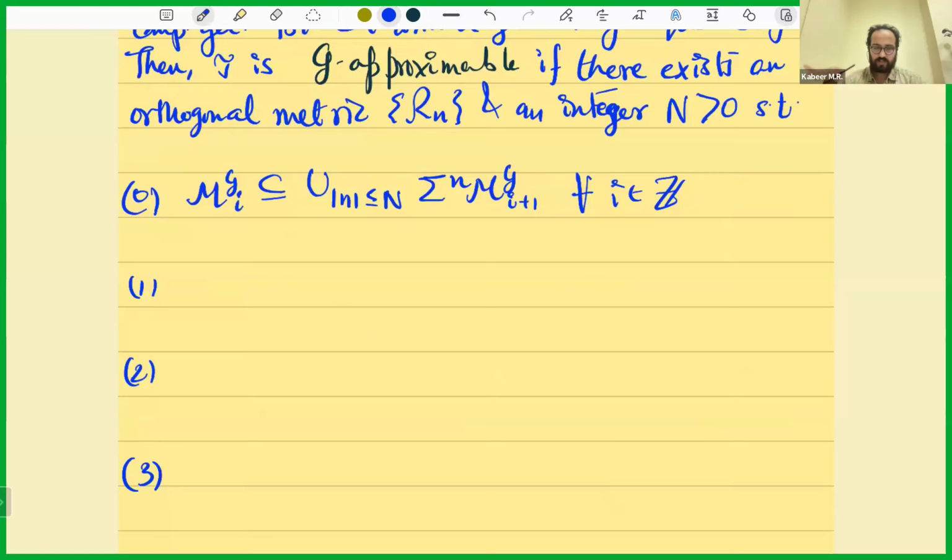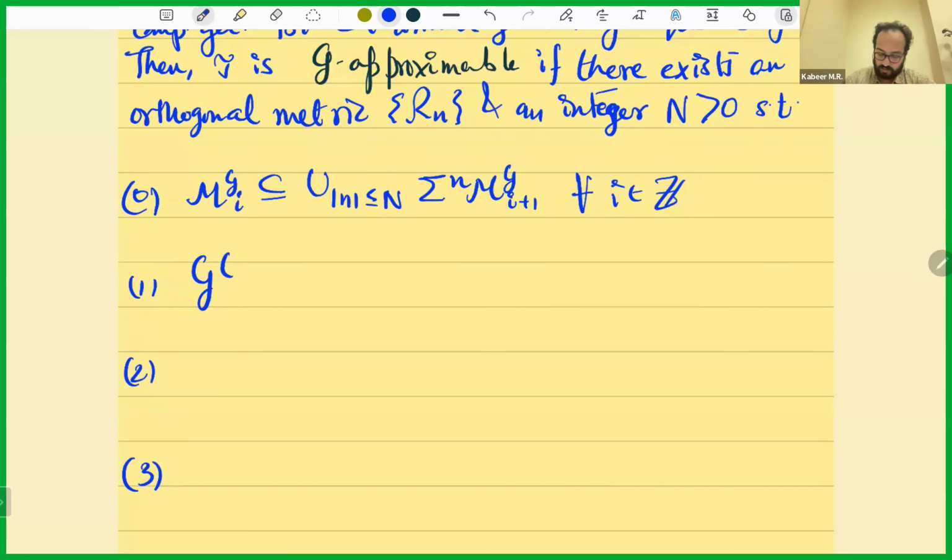Again, the first condition is sort of technical. I've written it down already. Feel free to ignore it. It pops up at a technical juncture of the proof, but otherwise it's not really very important. The other three conditions should be very familiar, very similar, analogous to the definition of approximability and co-approximability.